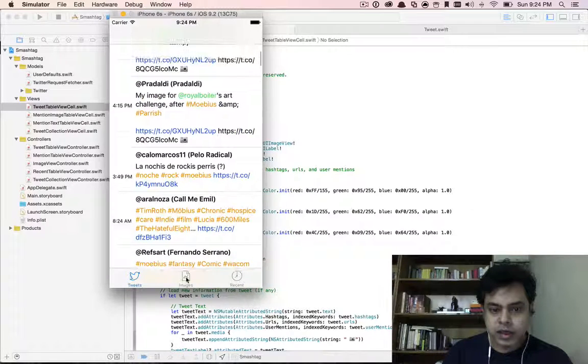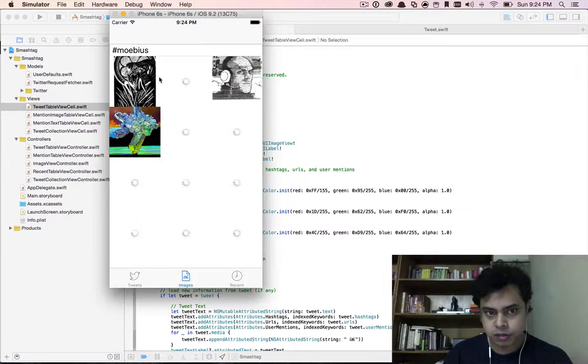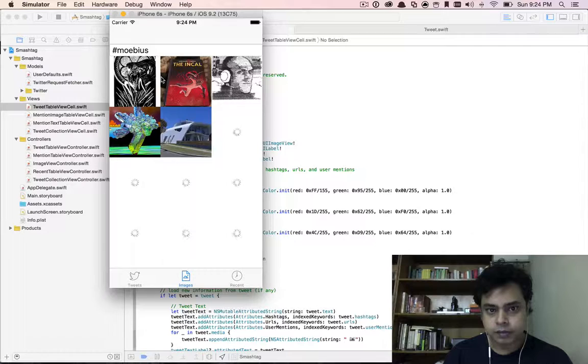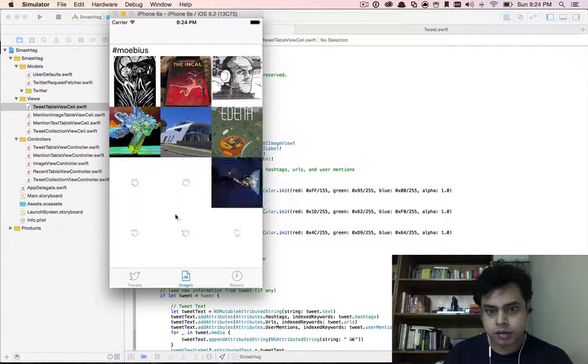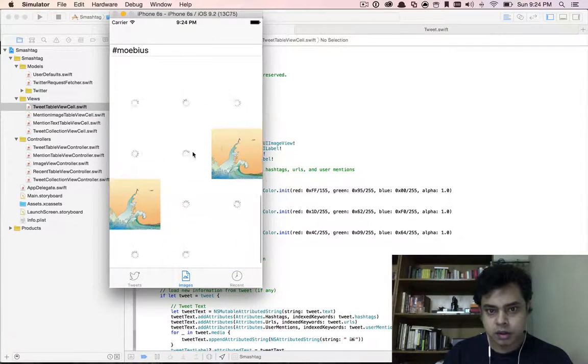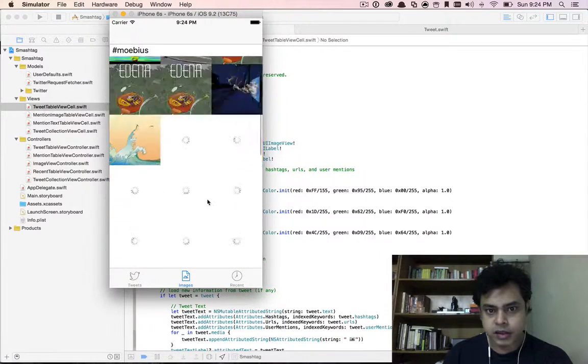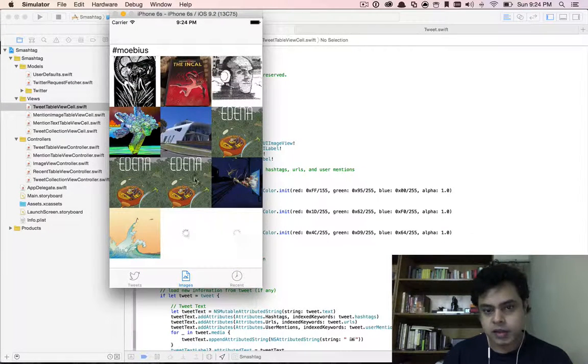Now the images screen is basically a UI collection view. And what it does is, based on a search term, it'll show all the images. It'll collect those images from tweets and show them. Let's give a second for all the images to load. Of course, we can scroll up and down, and those images will be loaded as it fetches them from the